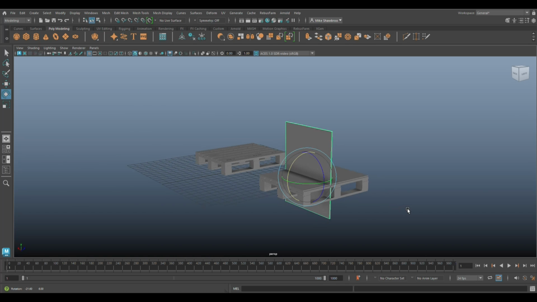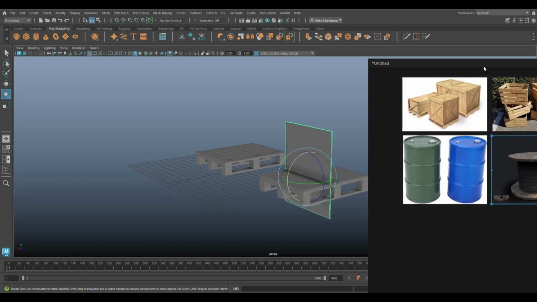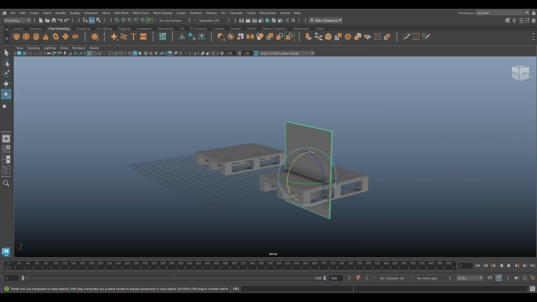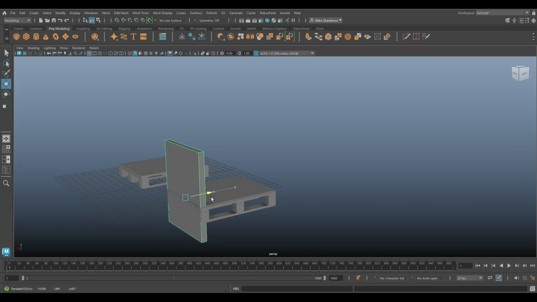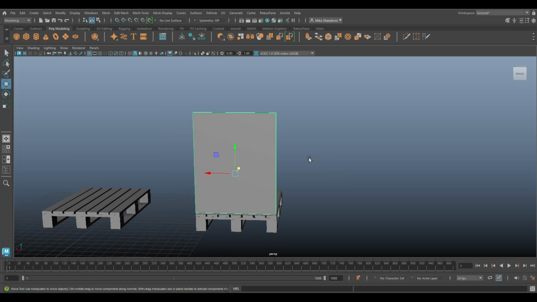And this is not going to be a smooth crate, it's going to be something looking like the one here, right? So what we're going to do is we're going to hit R to scale it out in this direction, W to move it in, move it up, make that a little bit thinner, like that, right? Then we're going to go in here, we're going to take this face, we're going to extrude,